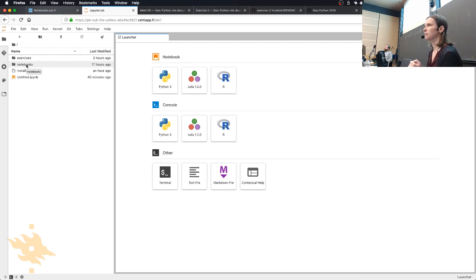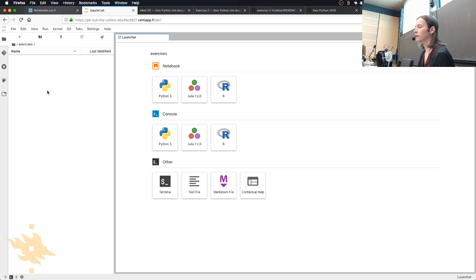So you need to be a bit organized yourself first. If you click on the exercises folder, you see that it's empty, and our task would be to actually get the exercise 2 personal repository here by using Git. And that's what we'll do